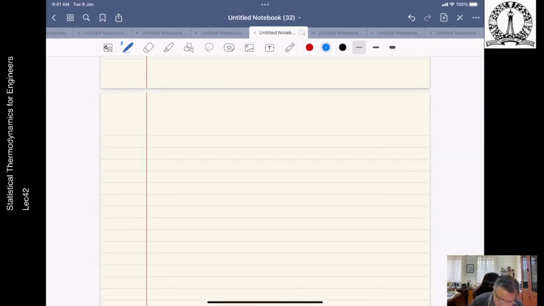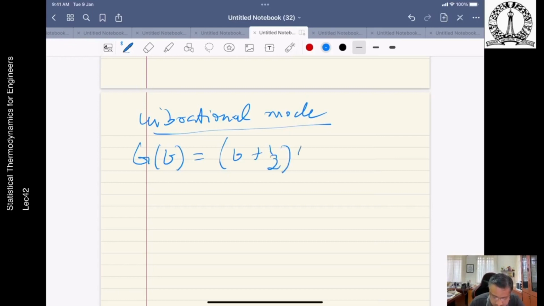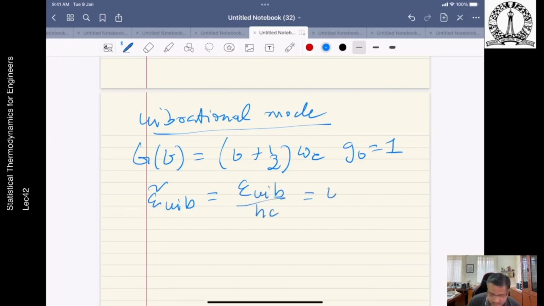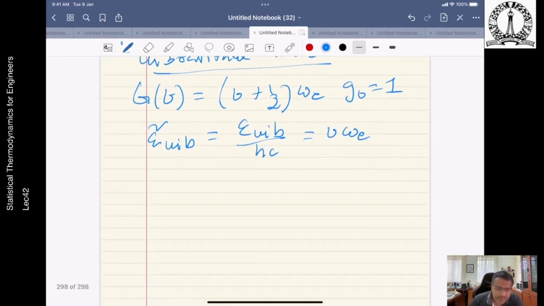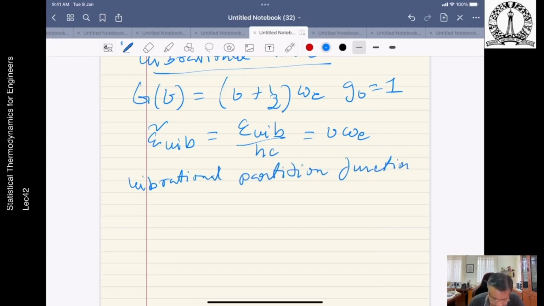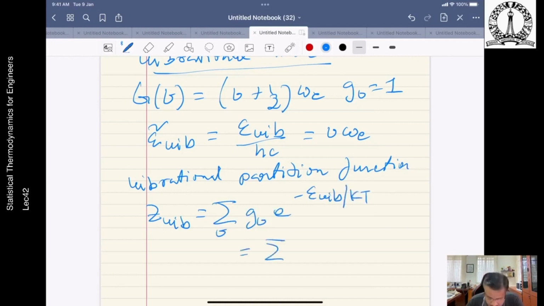Now we go to the final thing, which is the vibrational mode. Now the vibrational energy levels and the degeneracies we already know. So this G V is V plus half omega E, and the degeneracy is equal to 1. So again, if we place the zero of energy at the ground vibrational level within the ground electronic state, therefore we express the vibrational energy of a harmonic oscillator. If you recall, the vibrational energy of a harmonic oscillator is this, we have done this countless number of times. So the vibrational partition function therefore becomes Z vibrational, summing over all vibrational levels, E vibrational divided by kT, which is equal to summation V equal to 0 to infinity